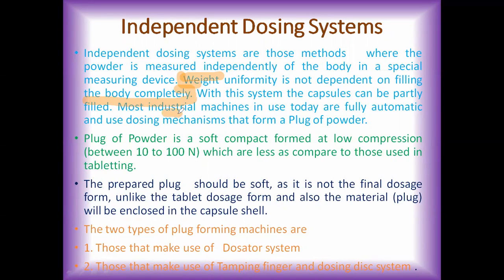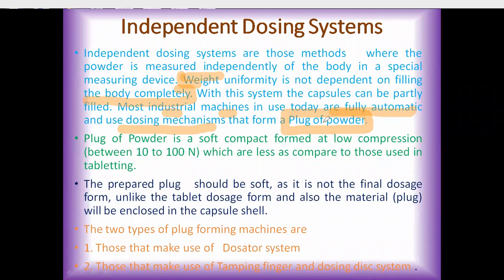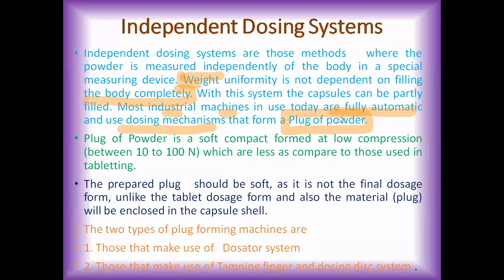And most industrial machines which are used today are fully automatic and use dosing mechanism that form a plug of powder. Now this word is very important, that is plug of powders. Now whatever the machines which come under the category of independent dosing systems, nowadays these modern machines, they use a dosing mechanism that forms a plug of powder. So let's see what we mean by plug of powders. Now plug of powders means